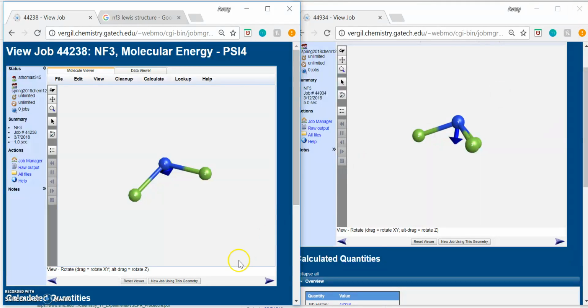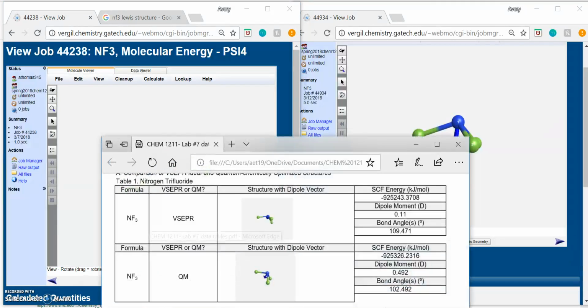And this dipole moment, I will pull up some of the actual data right here. You can see that it's numerically supported. The dipole moment within the VSEPR structure right here is 0.11, while the dipole moment for the quantum mechanics structure is 0.492, which is almost 4 or 5 times as great. And then the other main differences, which you can't tell just by looking at them, well, you can tell the bond angles. The bond angles are much smaller in the quantum mechanics model,